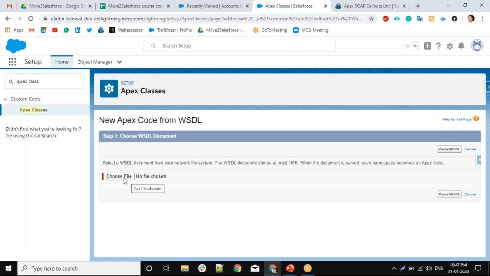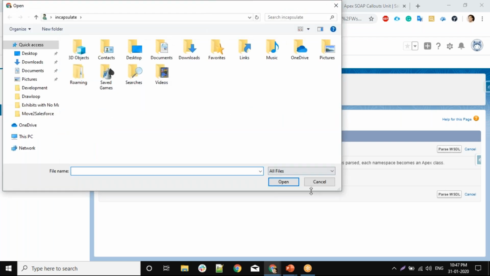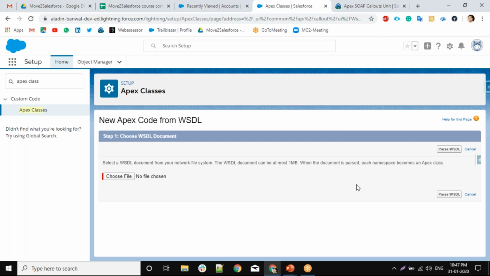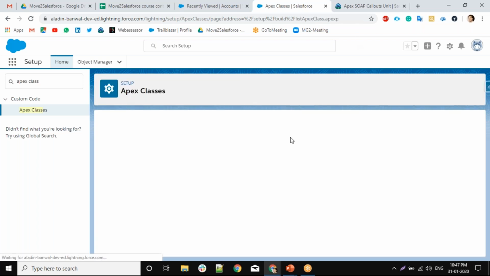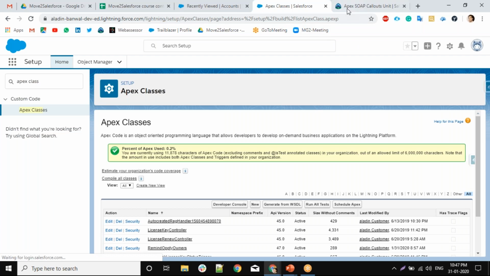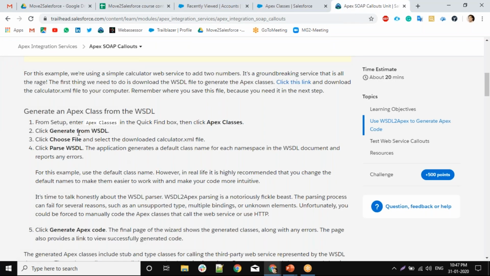From here, if you already have a WSDL, though for now I don't think I have one, you download the WSDL, upload it here and parse it, and it will generate an Apex class that you can use.